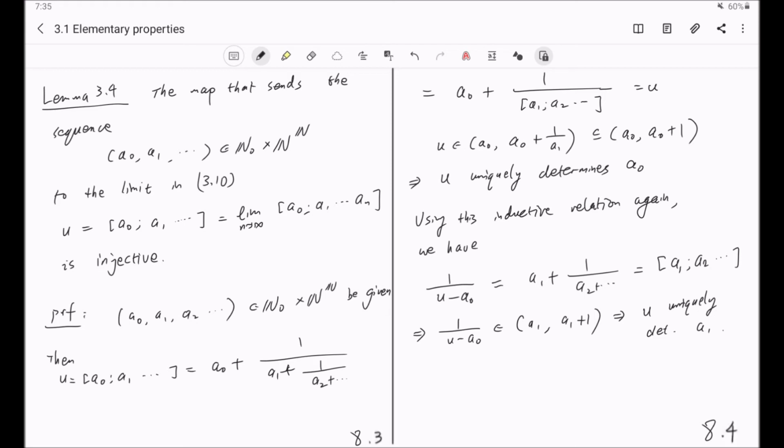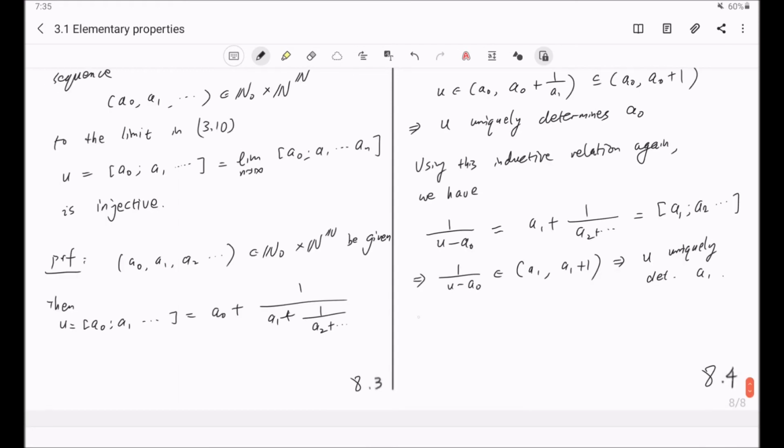Now you repeat this procedure. By iterating the procedure, we know that all the terms in the continued fraction can be reconstructed